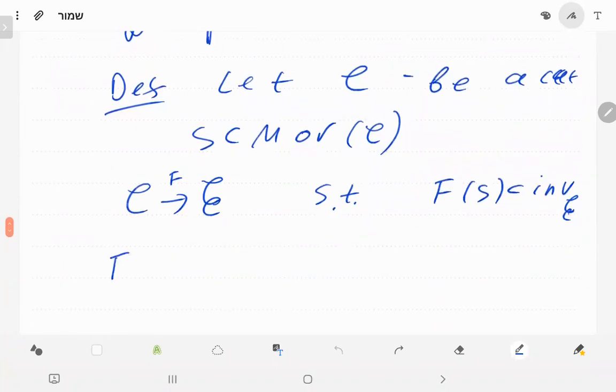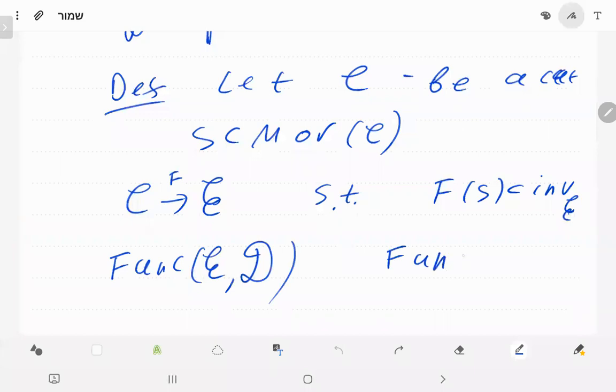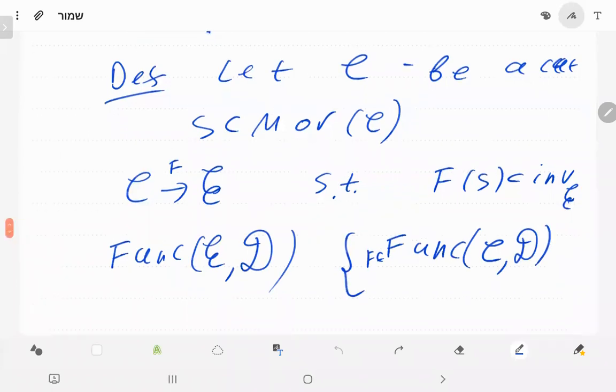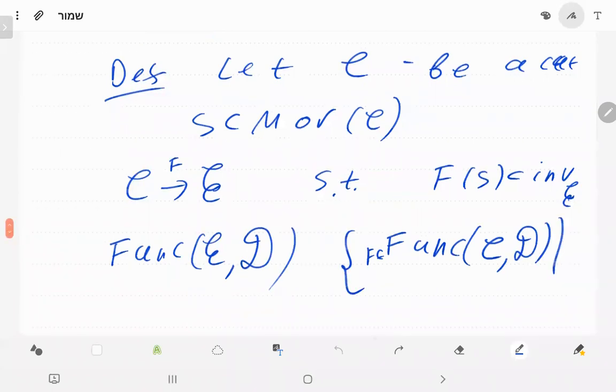Now I can consider the category of all functors from E to D for some category D, and I can consider the category of all functors from C to D. Here it is the full subcategory of all functors satisfying that F of S